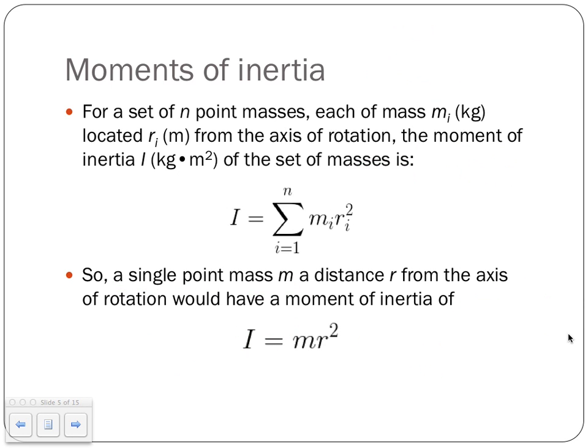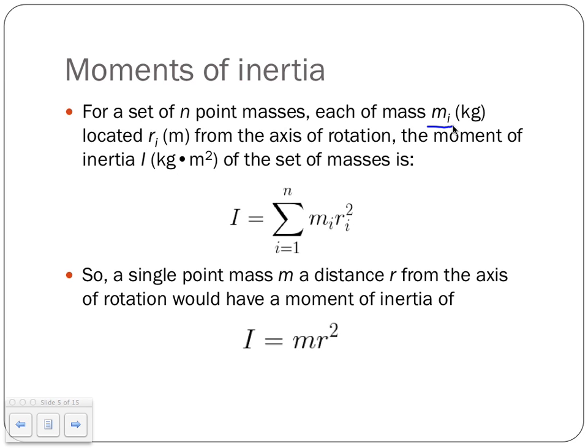So if we want to calculate it, let's say we have a set of n point masses. When we say a point mass, we're saying an object where all the mass is at a single point, or one where we can approximate all the mass at a single point. Okay. Each of the n point masses, which we call m_i,